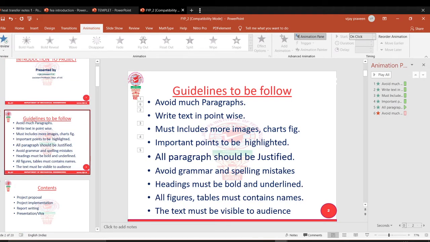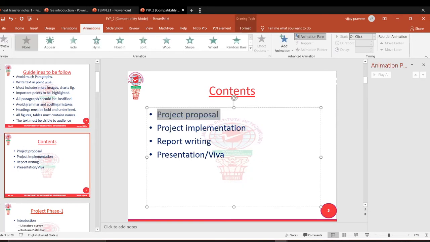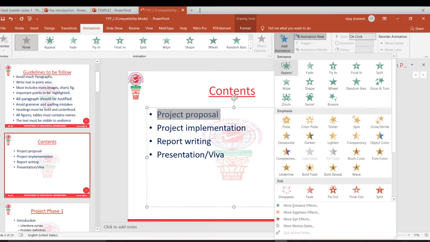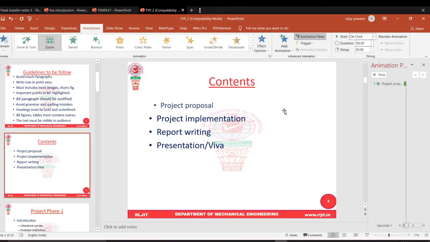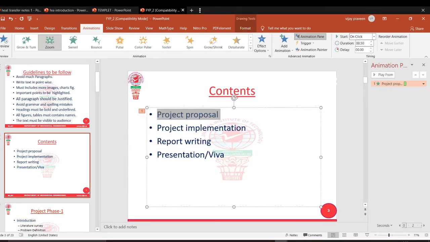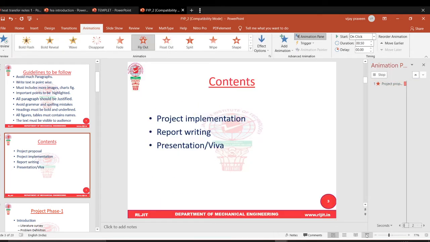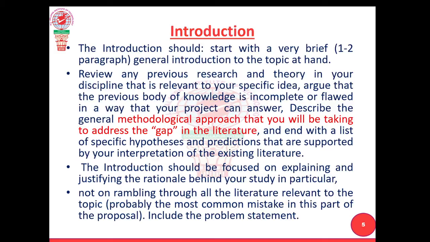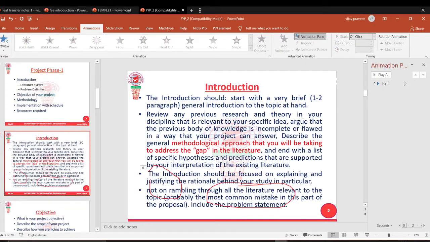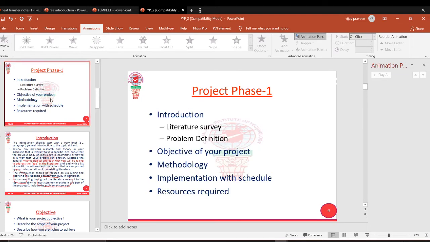Suppose it has to come first and then go after. Let us go here. I will select this, add animation. I will give Appear like this, and after that it has to go. Then again add animation. I will give Fly Out. What happened? You can observe now. Automatically it will come and then it is going. Correct, no?